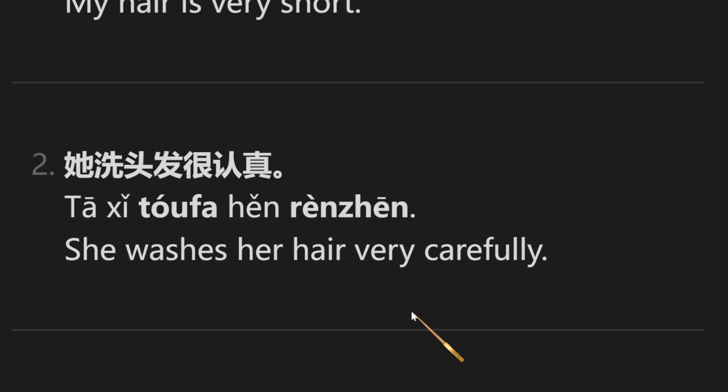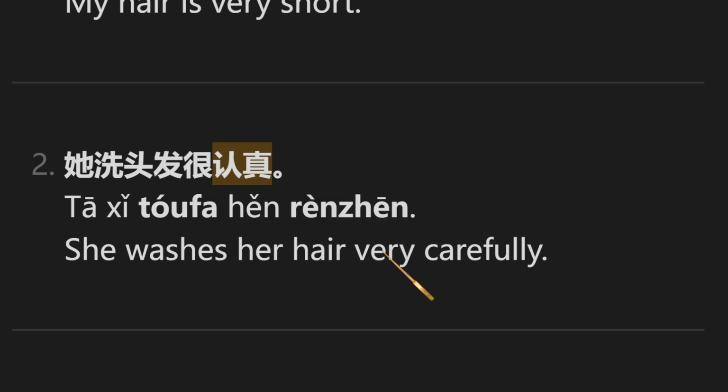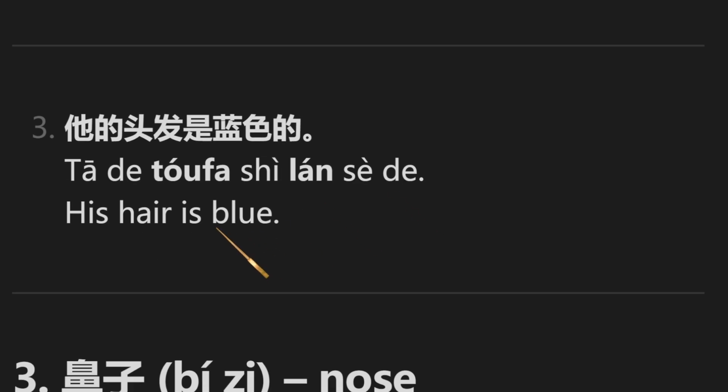Next one. She washes her hair very carefully. 她洗头发很认真。她洗 she washes. As you remember, wash clothes, wash dishes, also this 洗. 她洗头发 she washes her hair, 很认真 very carefully, or seriously, but mostly carefully. Here it is okay. 她洗头发很认真。